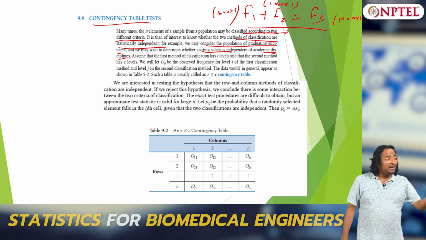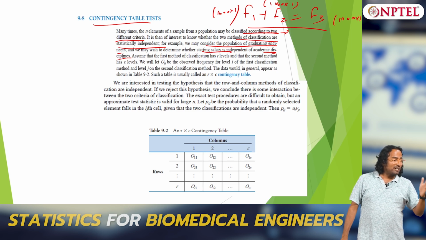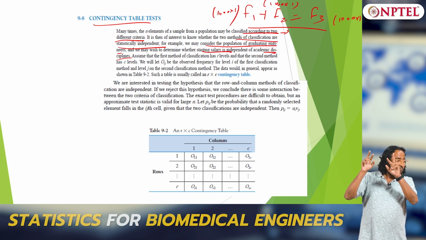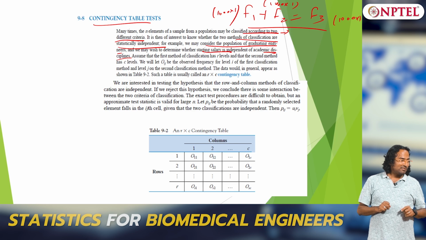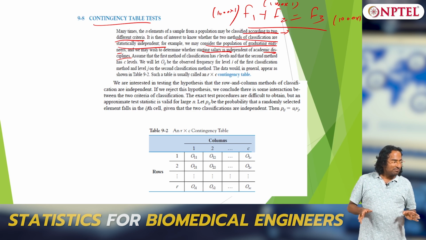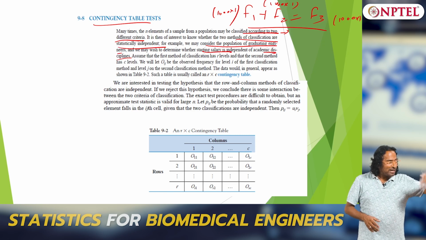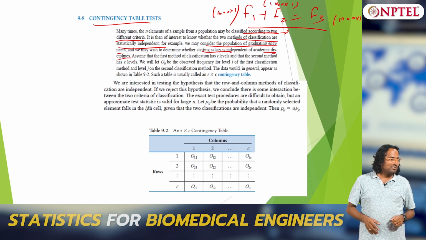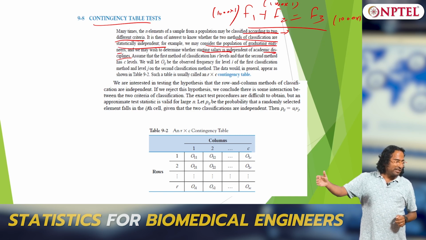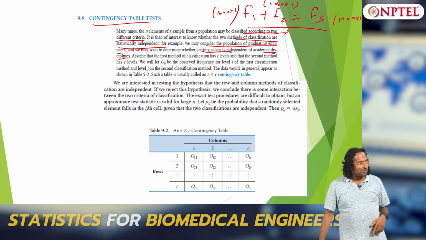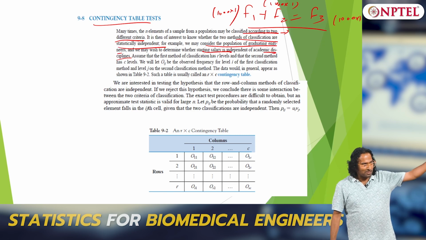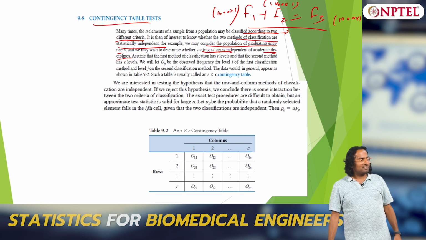Taken from an IID population. If x1 to xn are n samples taken from an IID population, the observations are always assumed to be random, most of the time, unless it is a time series. The population itself is IID, that is what the CLT's assumption is, and in case of the t distribution the population itself is normal. So you are only assuming about the population. When you want to determine the sampling distribution of x bar, your assumption will be on the population, not on the sample itself. So here we are not testing if observations are independent.